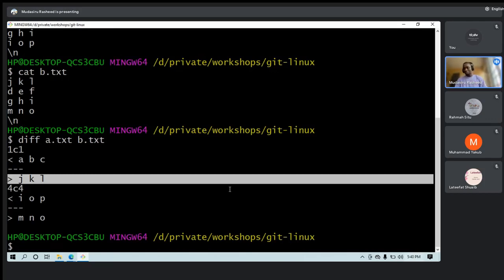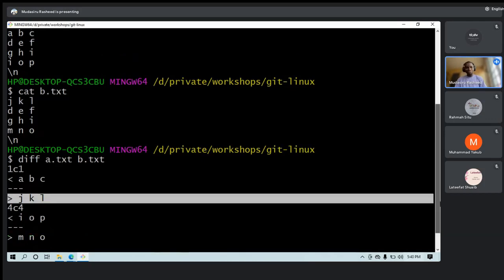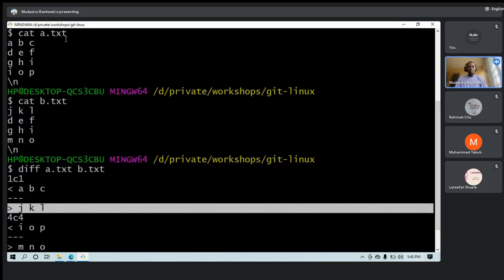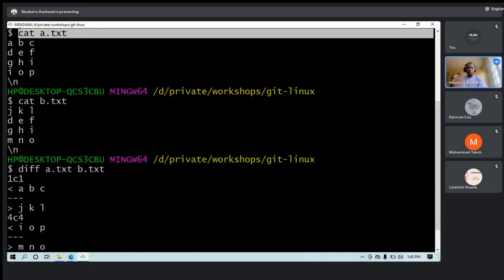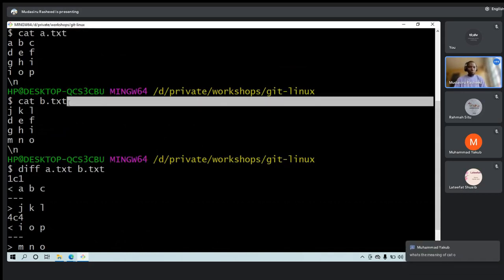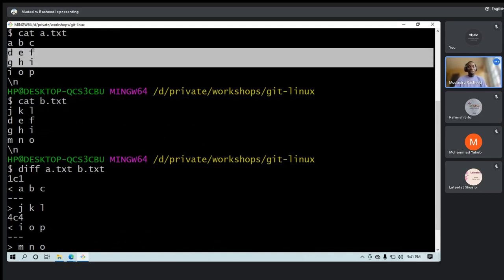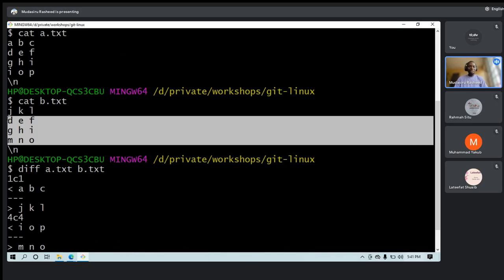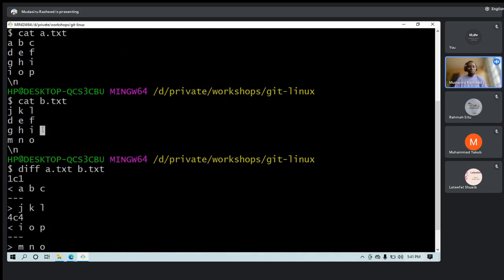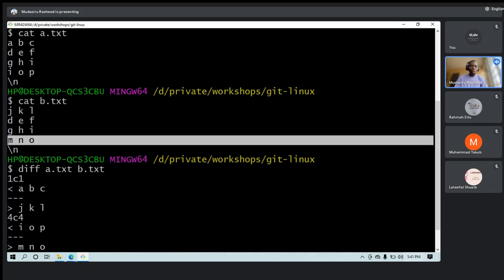Okay, let's assume to be able to get this very well. This is my branch. This A is Rashid's branch, and this B is Taiwo's branch. In Rashid's branch, Rashid edits the content and he added A, B, C, D, E, F, G, H, I, and IOP. But when Taiwo comes, he added JKL and leaves what is in the middle and goes ahead and adds MNO. But then we need to compare the two and say, okay, are these things the same?